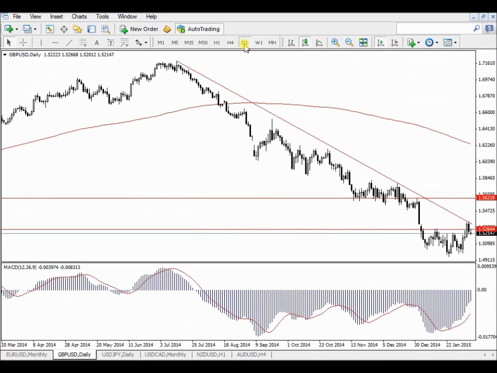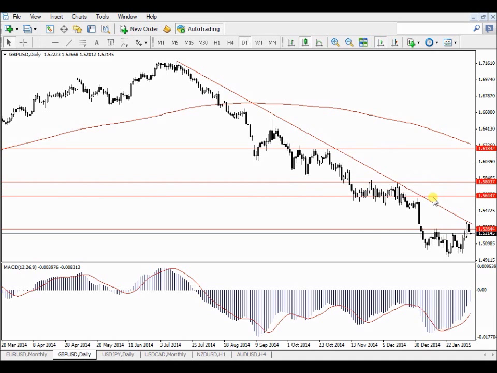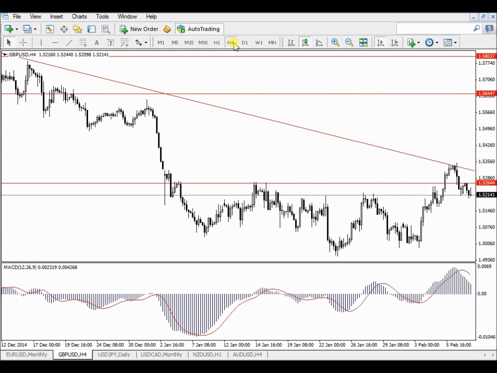Alright, is that understood? Do you understand that? So usually when a resistance breaks, it goes to the following resistance. That will be that one, and that will be the following resistance, and that will be the following resistance. Alright, so if you're in a bull market, the resistance broke, you know that the bulls are going for the following resistance. If you're in a down market and the supports get taken out, you know that the bears want to go and take out the following support. Then that will be your take profit area. Very simple.